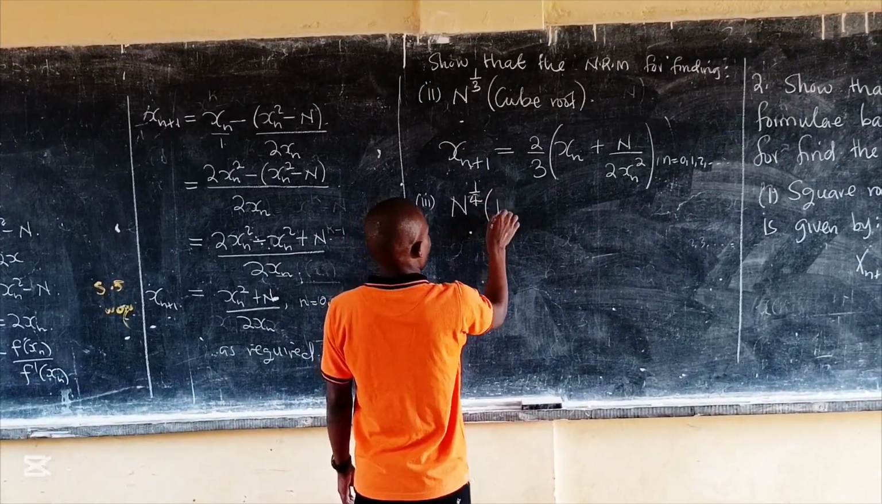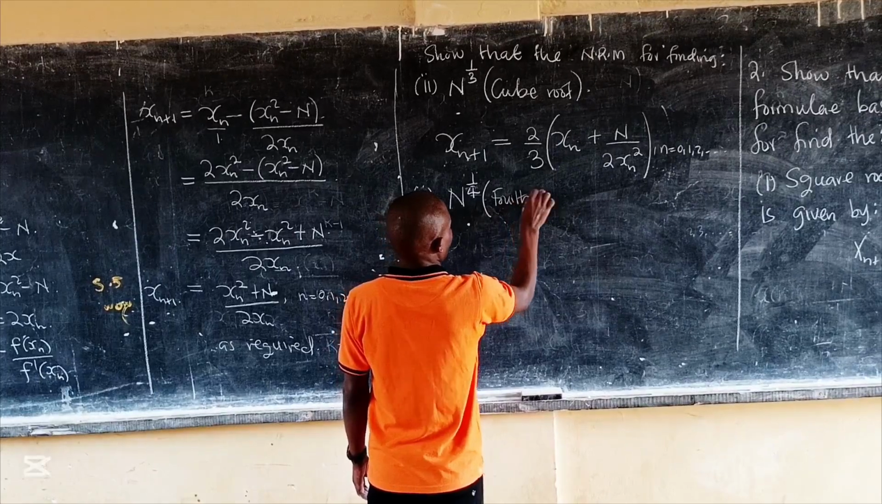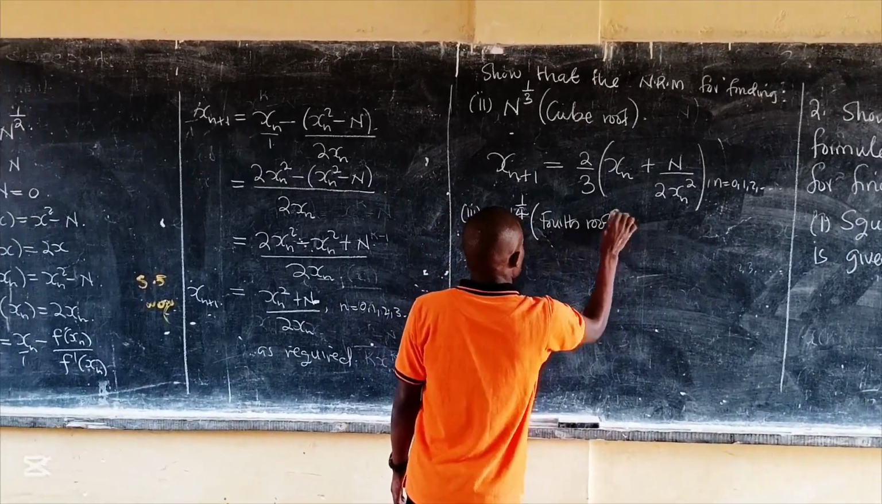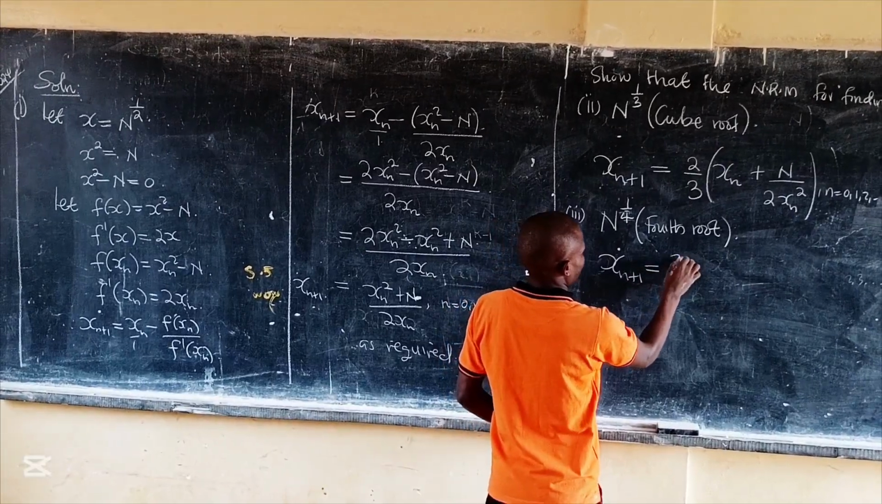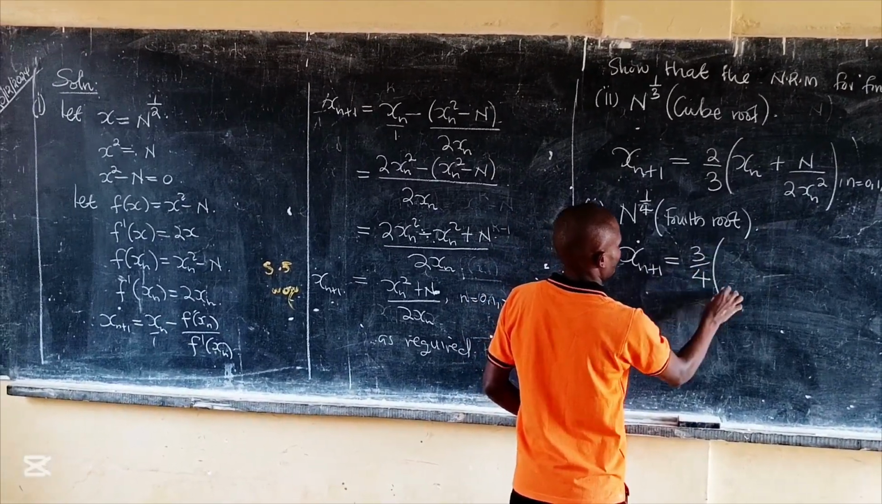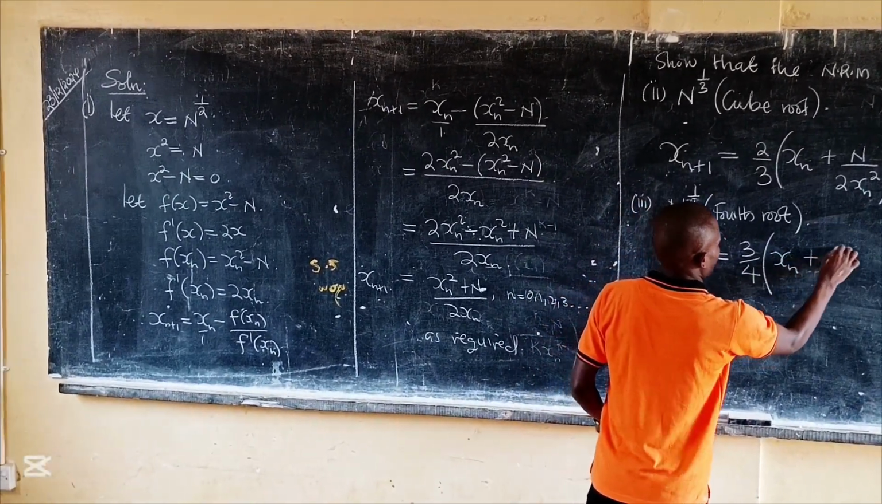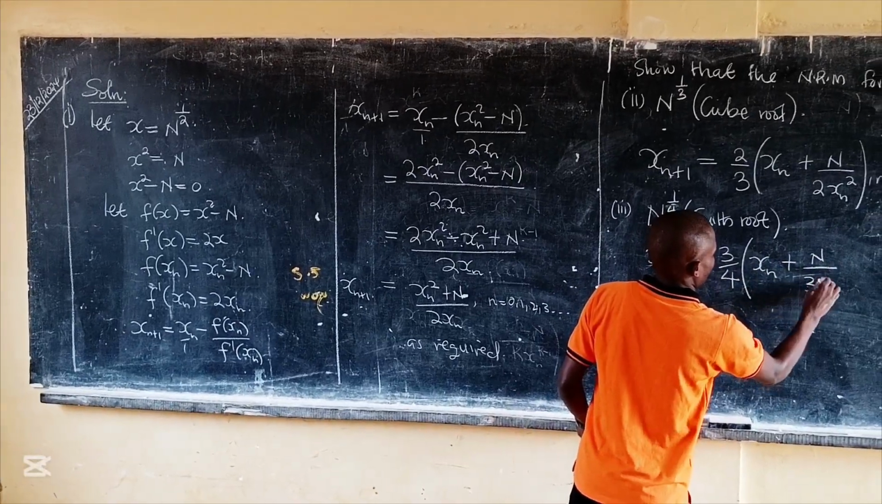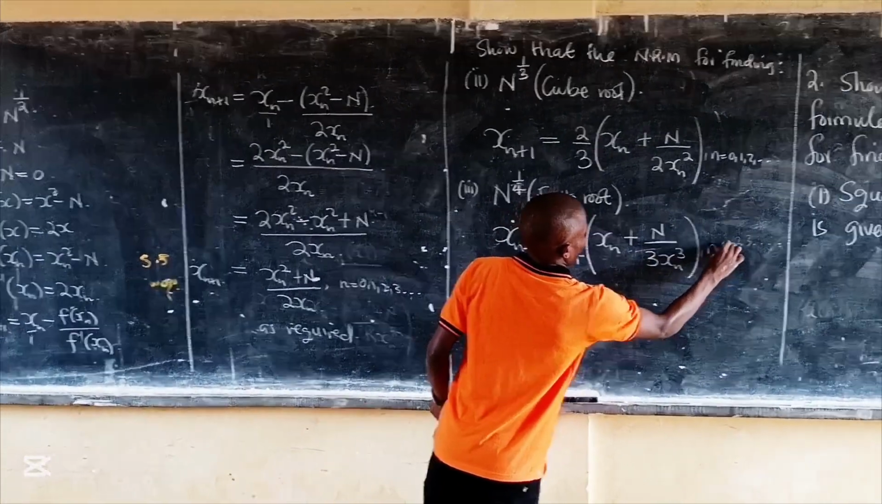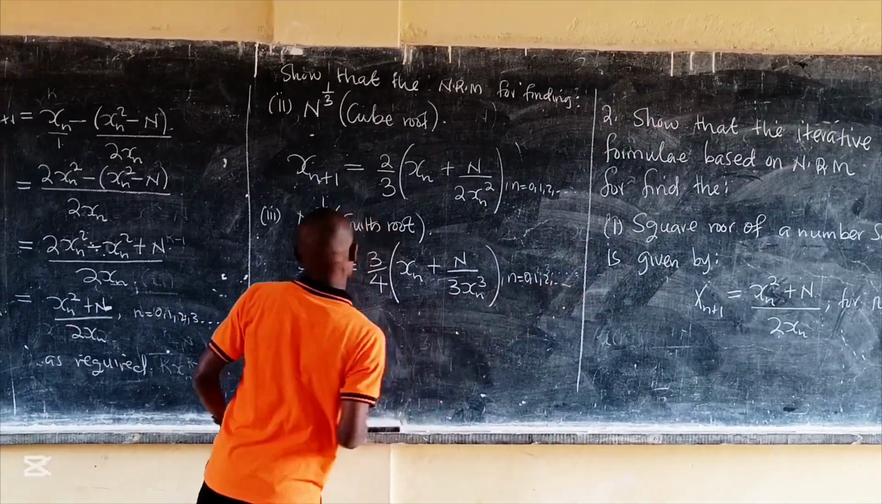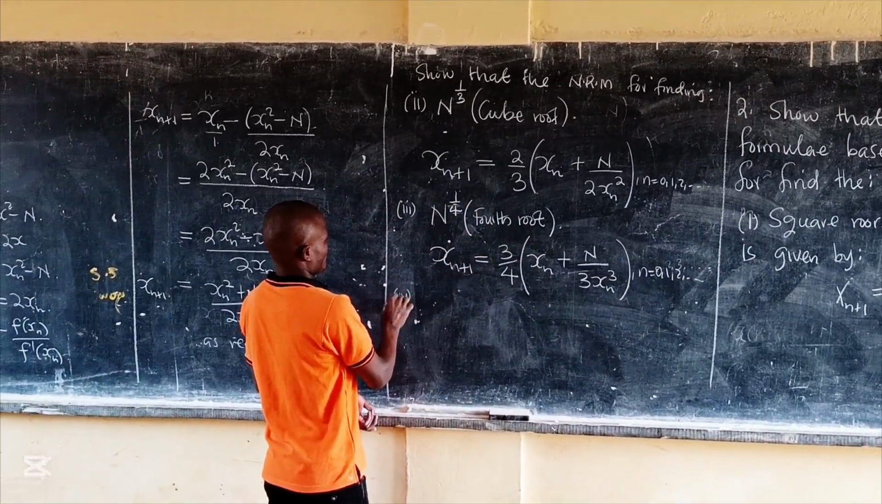and here we can say the fourth root, and we want to show that it is given by x_{n+1} = 3/4 x_n + N/(3 x_n^3) for n equals 0, 1, 2. Then Roman 4,